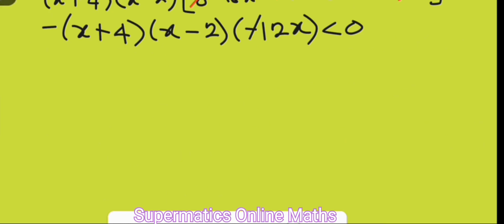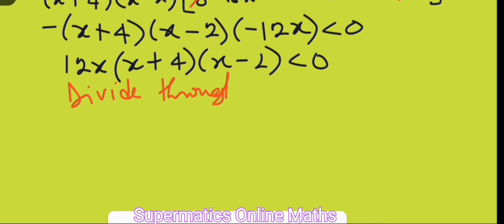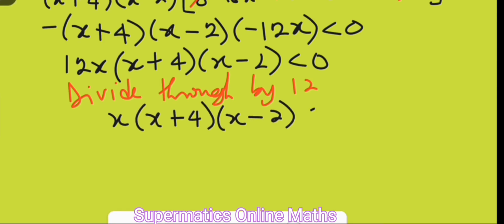Now the negative sign before 12x and x plus 4 cancel out, such that we have, rearranging, 12x times x plus 4 times x minus 2 is less than 0. We can divide through by 12, leaving us with the product x plus 4 and x minus 2 less than 0. Now at this point, being an inequality, we will advise you to watch to the very end as we examine the options